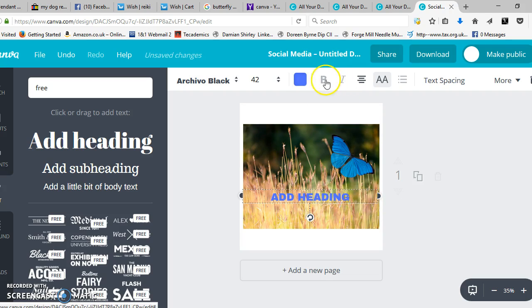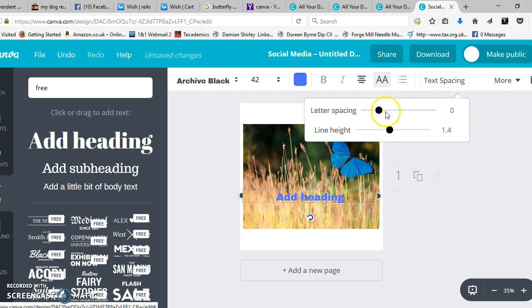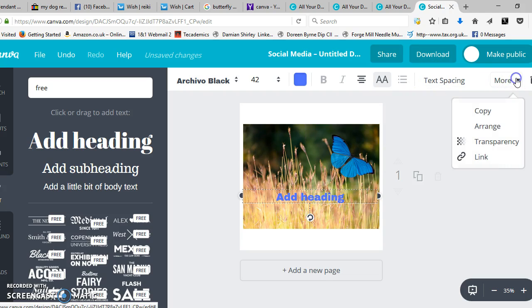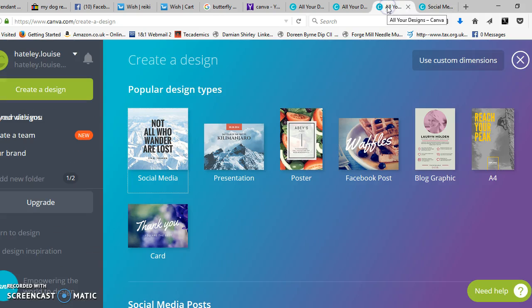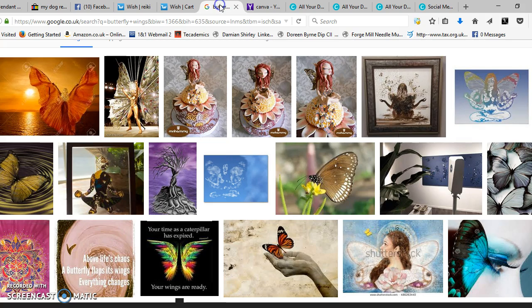And then at the top you can make it bold, you can make it italics, you can center it, you can change it that way. You can make it uppercase or lowercase just by clicking on this button. And you can add in bullet points as well. And obviously there's things like text spacing and a few more functions here, but I don't tend to use those. And then what I do is I just change the